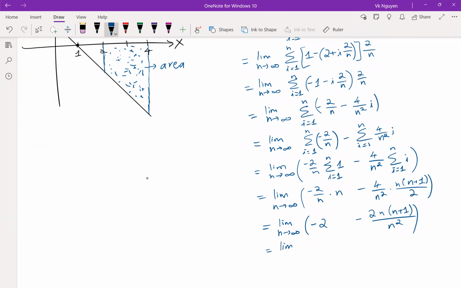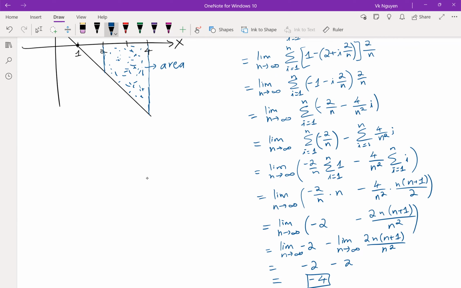We have limit n goes to infinity of -2 minus limit n goes to infinity of 2n times n plus 1 over n squared. -2 minus 2, and that will give us -4. Oh, pretty cool, huh? Well, if you notice that this area is the area of a trapezoid,